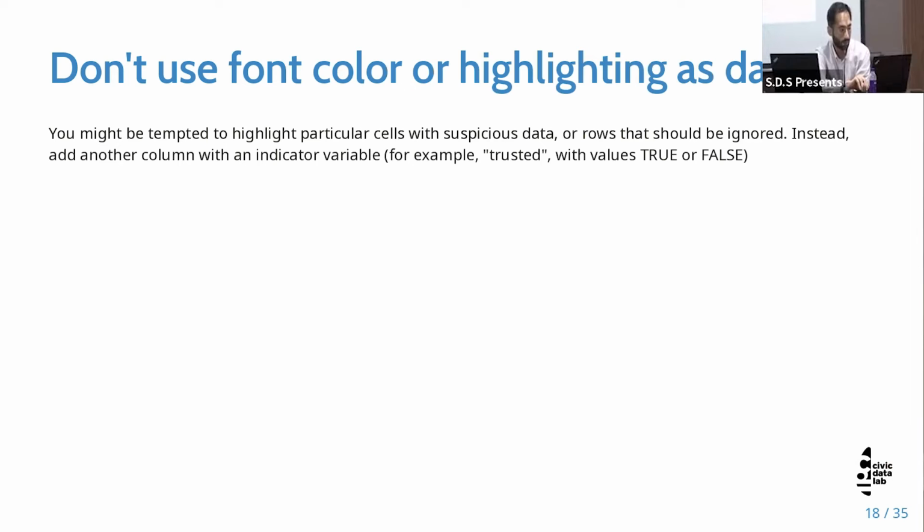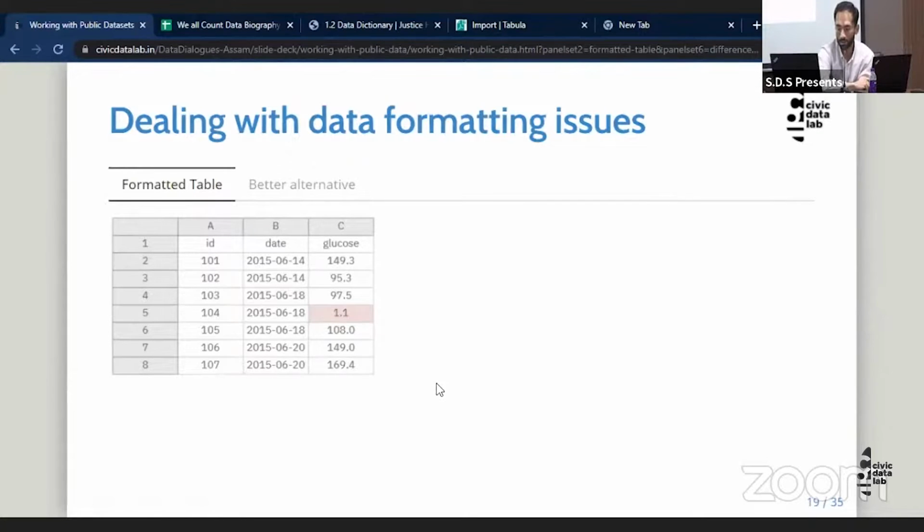Don't use font color or highlighting. Now there's a very good example of this. So a lot of times we see something like this. So you have 3 columns: ID, date, and glucose levels, and you see in row number 5, maybe for some reason whoever has created the data set has formatted it so that it stands out, or maybe there's a meaning to this color but it's not clear, and whenever this gets saved as a CSV file, this